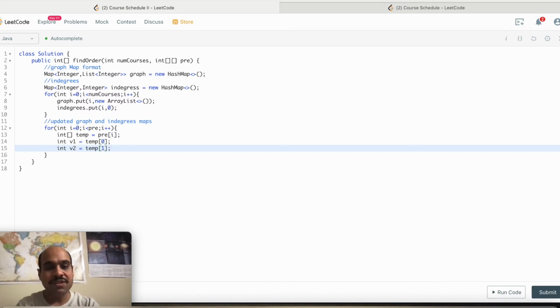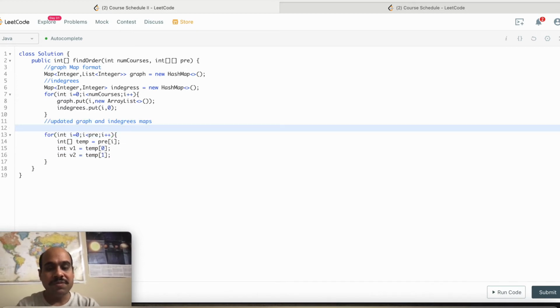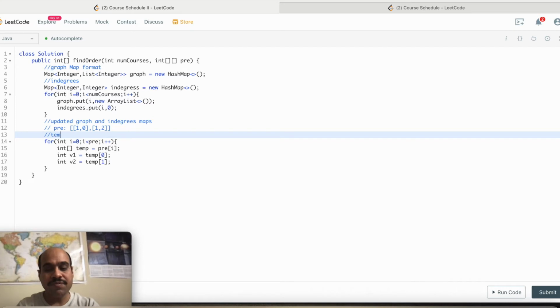So let me explain what I am doing here. Prerequisite is an array of arrays. So for example, I have 1 comma 0, 1 comma 2, and what I am doing, first this temp will contain 1 comma 0 as part of this line.